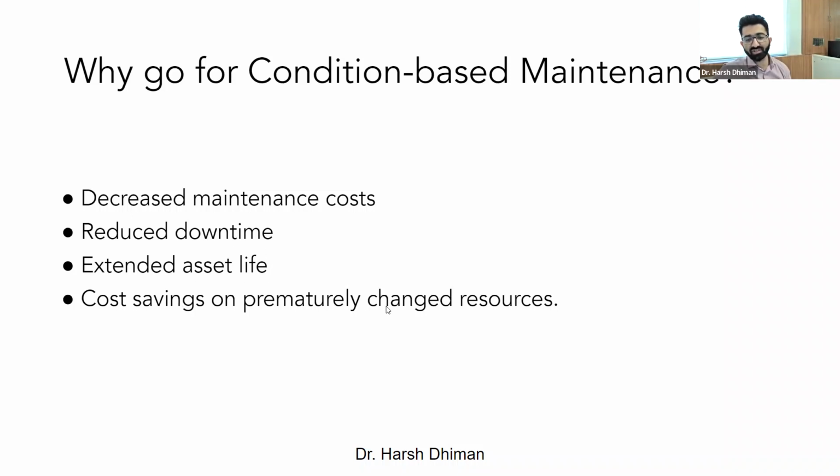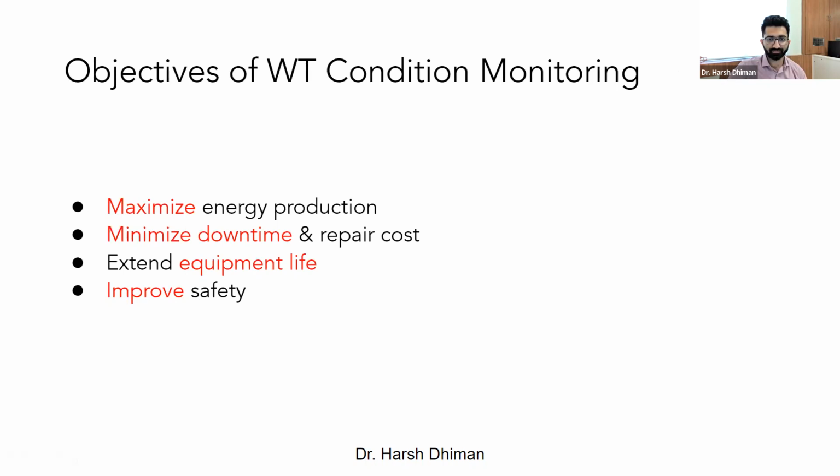Cost savings on prematurely changed resources, yes. Because O&M procedures are very costly, if you do a procedure based on time maintenance, you would be investing a lot of money even if the machine is still in a position to run. So unnecessary cost expenditure is happening because of a certain predefined time frame that you have decided. To get rid of that, one can obviously go with predictive maintenance, where your costs can be significantly improved on your O&M part.